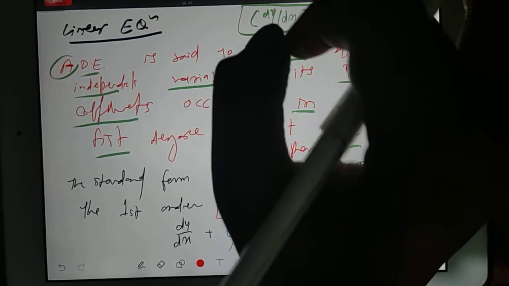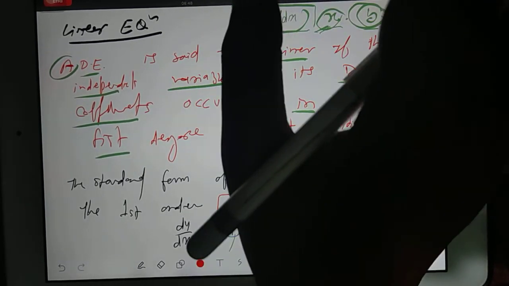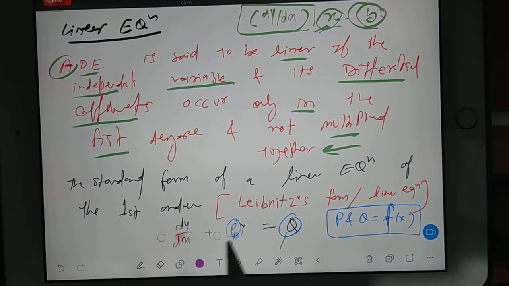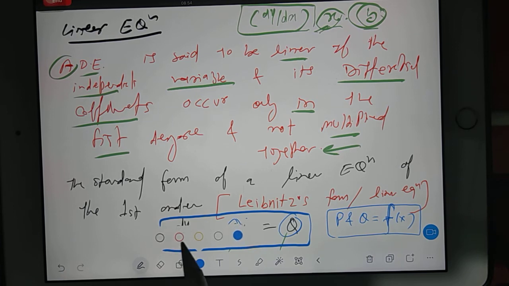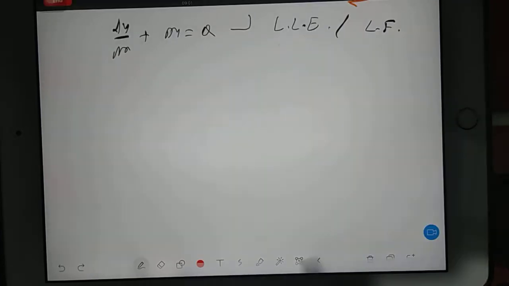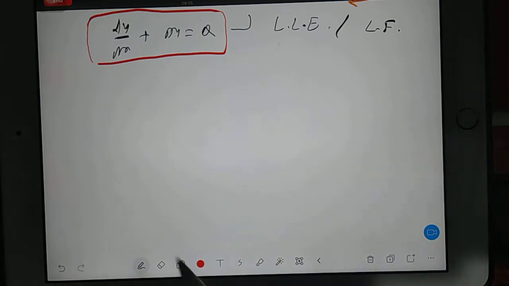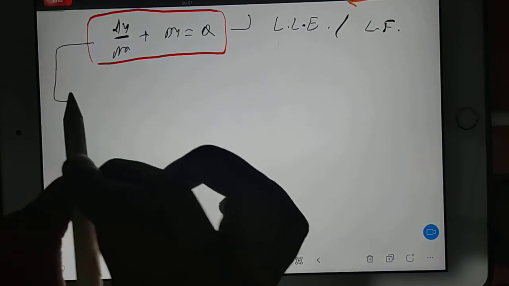And one more thing, if those things are coming, then you have to remove them from there, because the answer that I'm going to give is applicable only for this format. So suppose in the question x is coming here, so you remove x from here, then only you apply the format. I will change the page. So you have to be very careful for this question. We will solve some numericals also, don't worry.